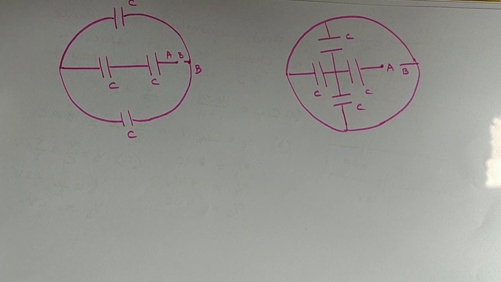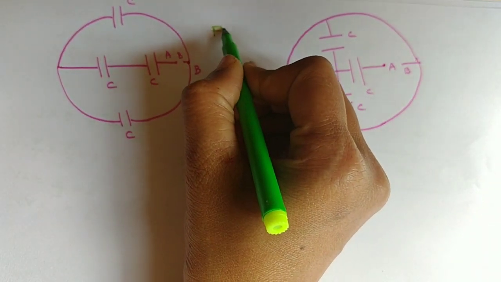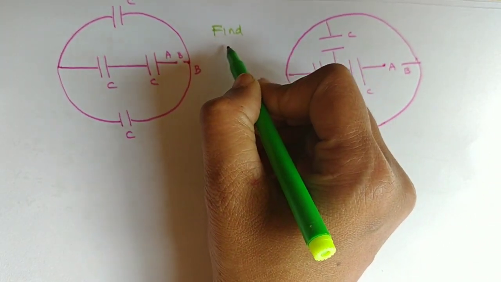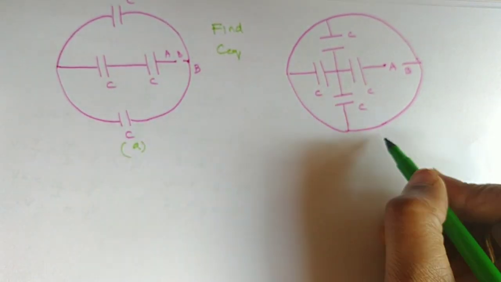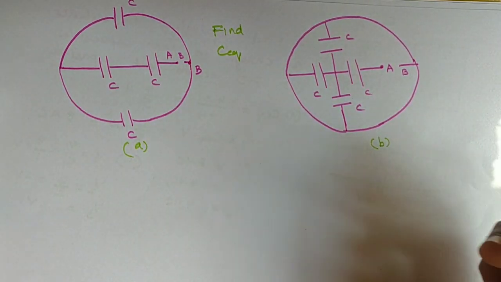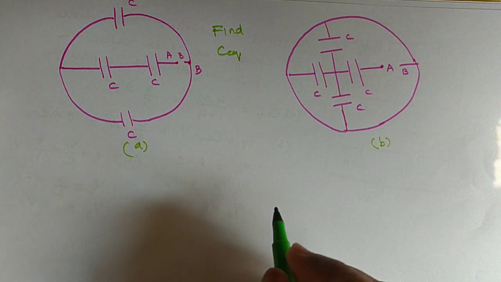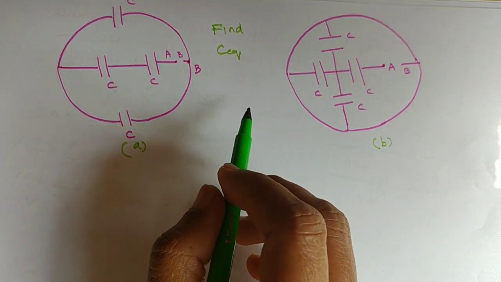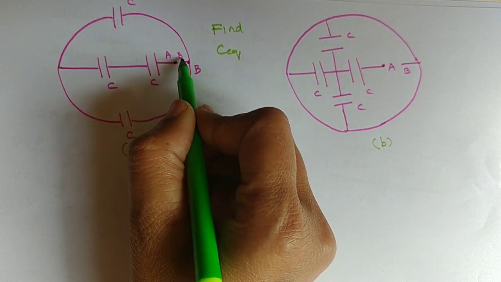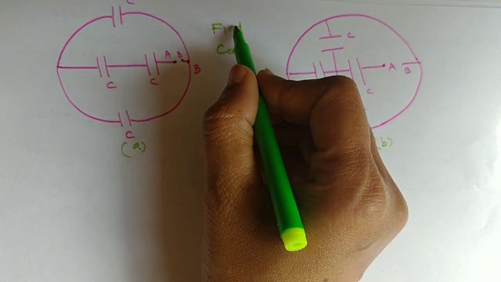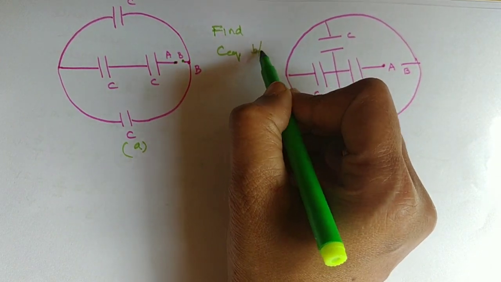Now look at the next question. In all these questions we are going to find the equivalent capacitance between A and B for bits. Previously I told you simple arrangements of series and parallel combinations. Now these two questions are based on the property of unfolding the circuit. See, you can see A and B terminals are together. Find the equivalent capacitance between A and B is the question.